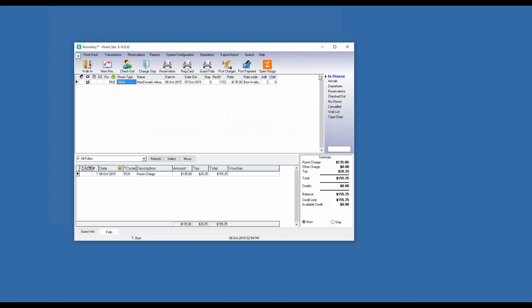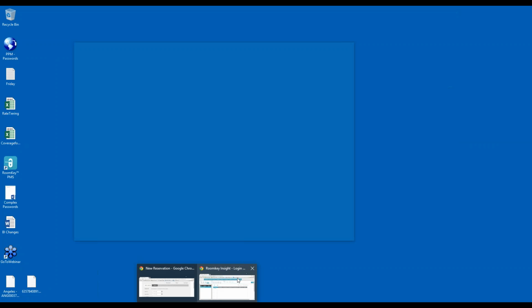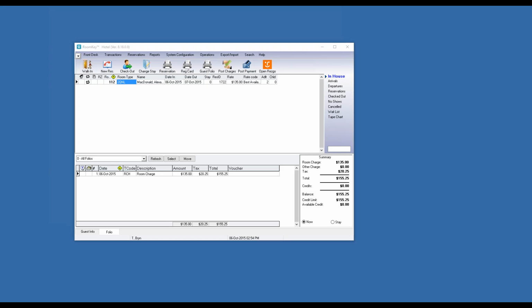Okay, so that's everything with our GDS confirmation numbers. Next, we're going to talk about our booking code reporting. So by booking code, I am talking about our ERES, online booking engine. So within ERES,